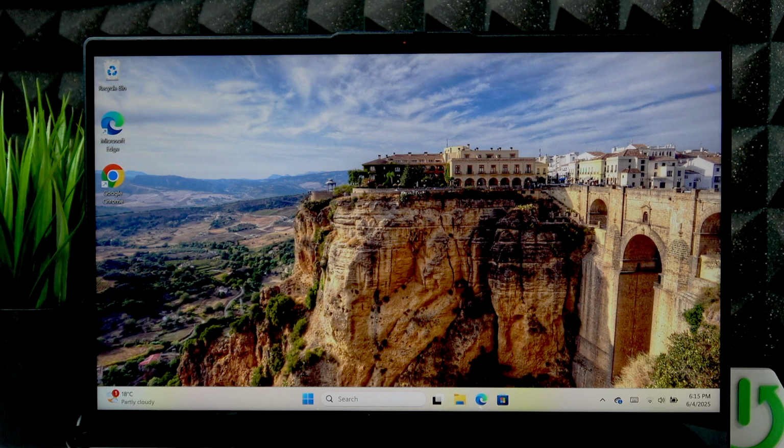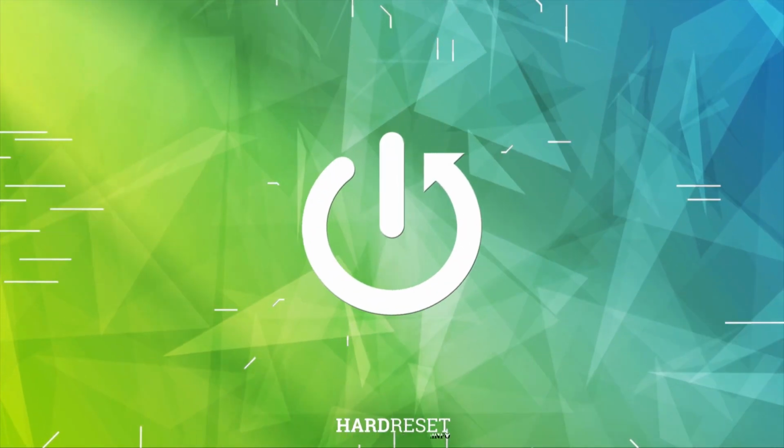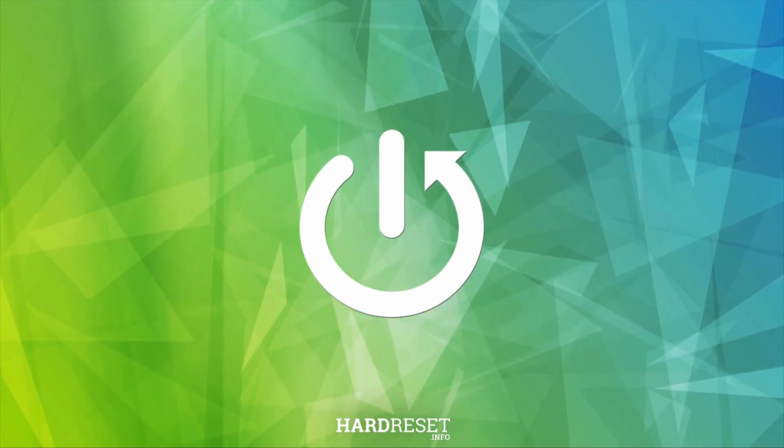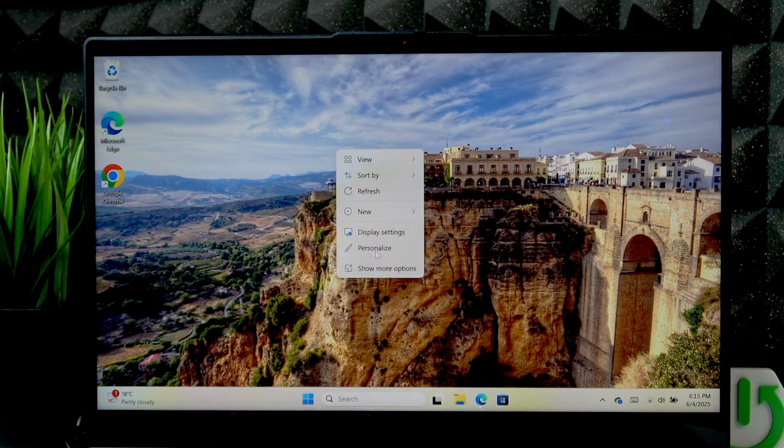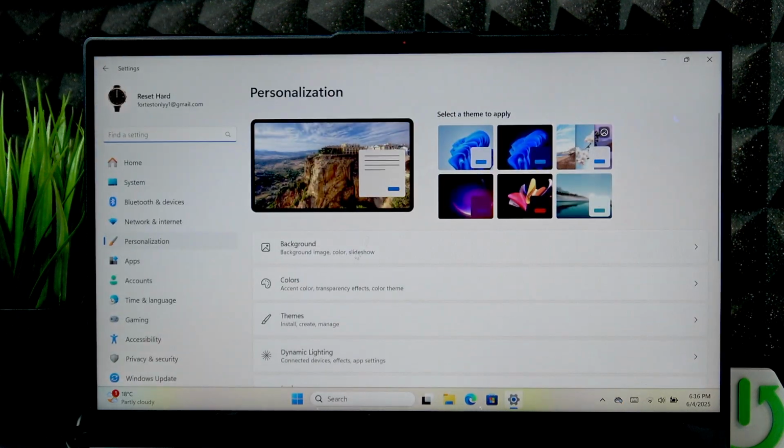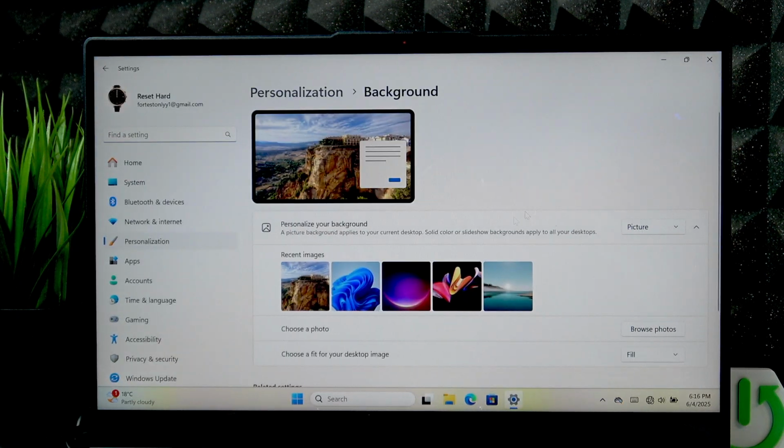Welcome. In front of me is LENOVO ThinkBook 14s, and in this video I will show you how to change wallpaper on this laptop. To do that, right-click on your desktop, select Personalize, select Background, and then you can personalize your background using either